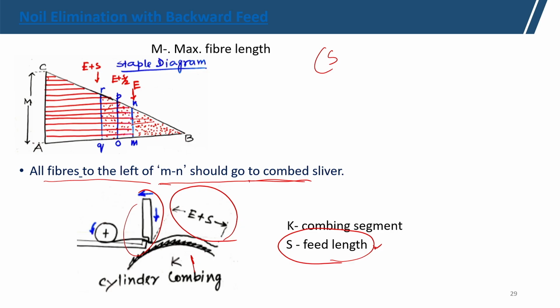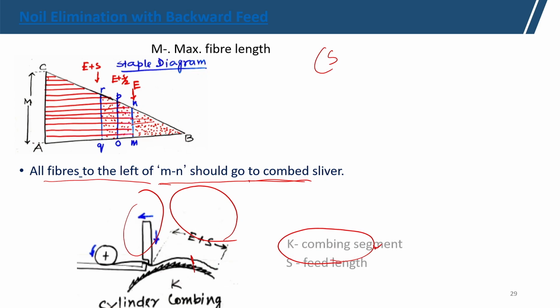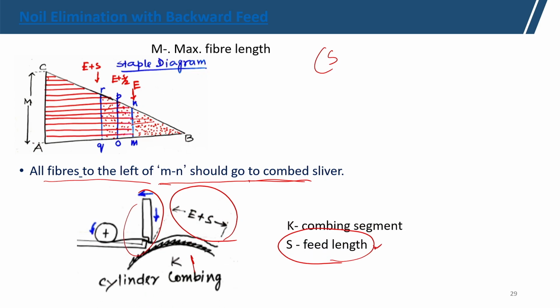Here, any fiber on the left side of QR, or longer than QR, will be going to the comb sliver, and any fiber shorter than QR, that means E plus S, should go to the comber noil